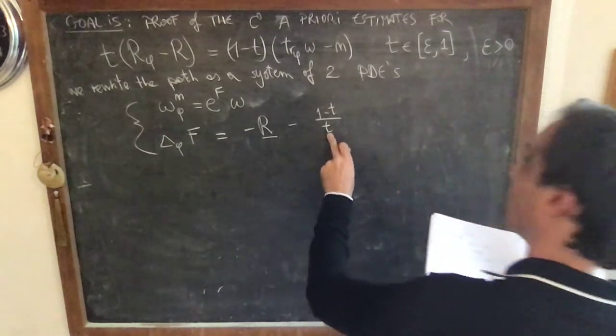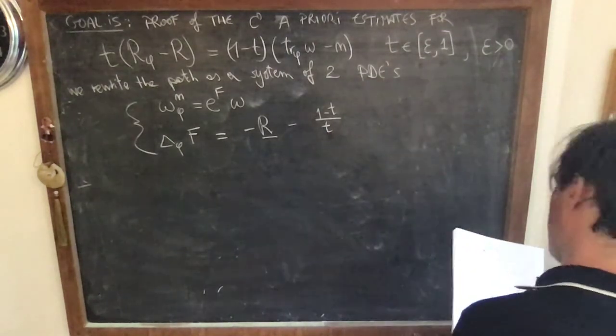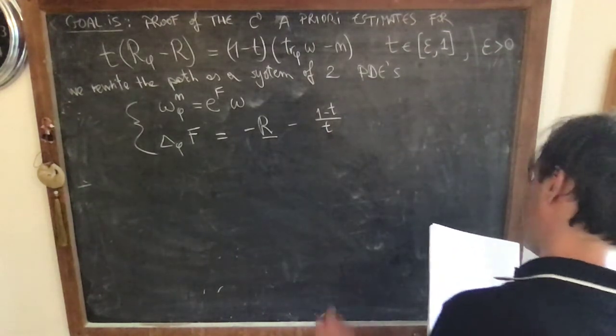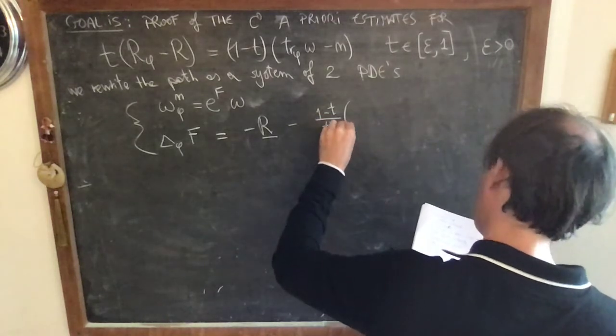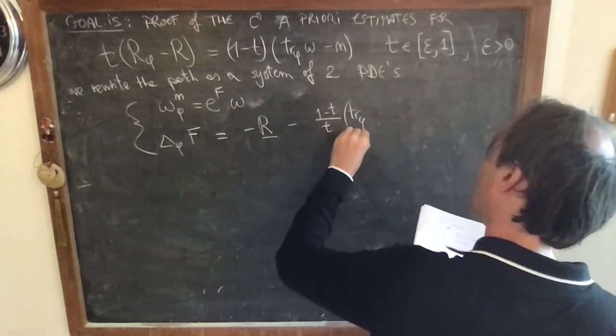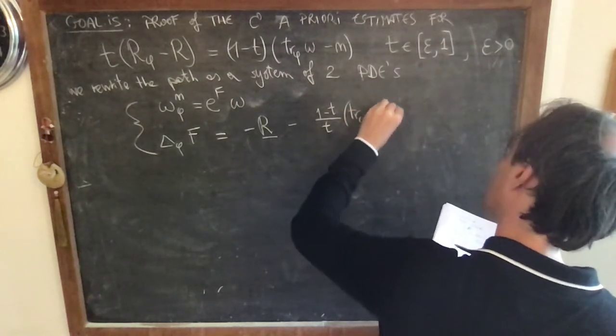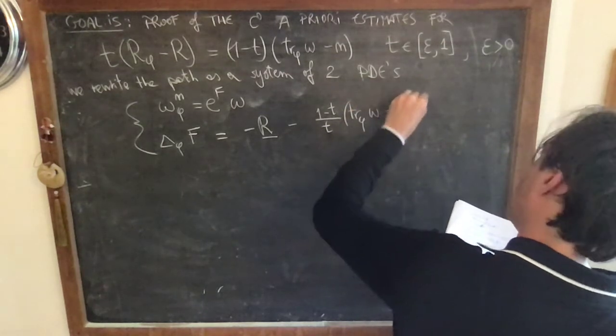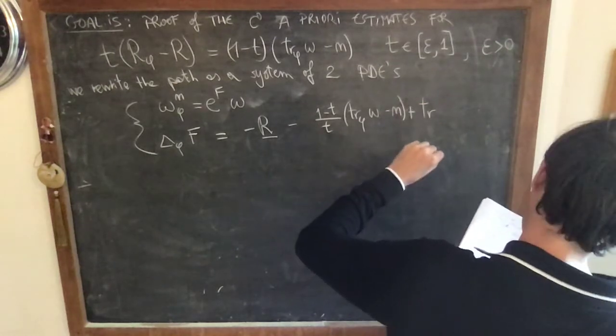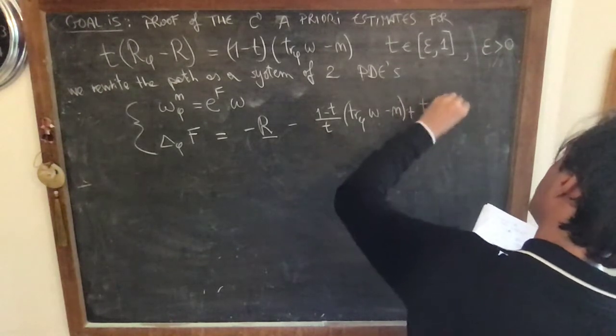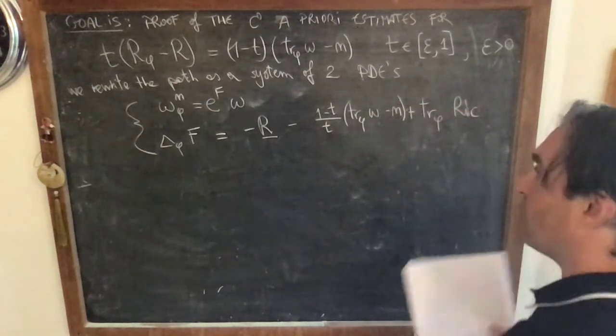No problem about dividing by t because of this domain of definition, trace according to phi of omega minus n plus trace according to phi of Ricci. In fact,